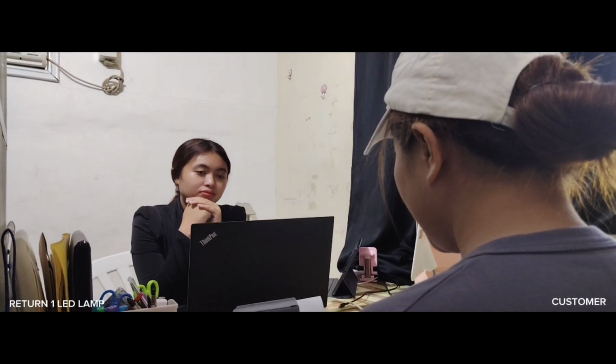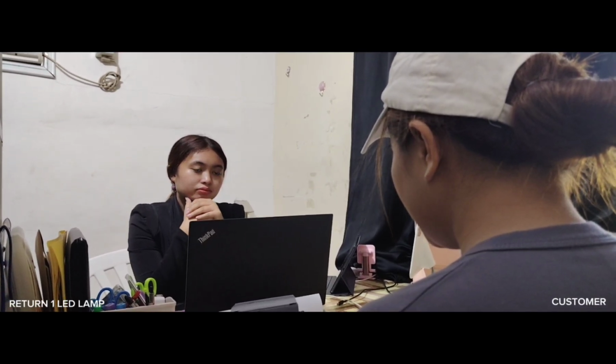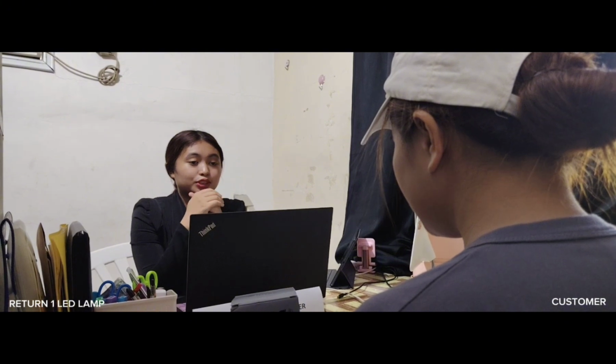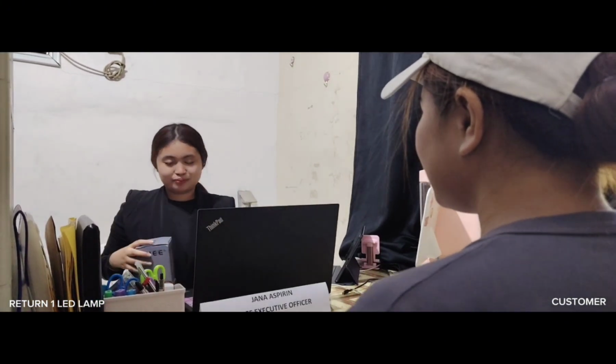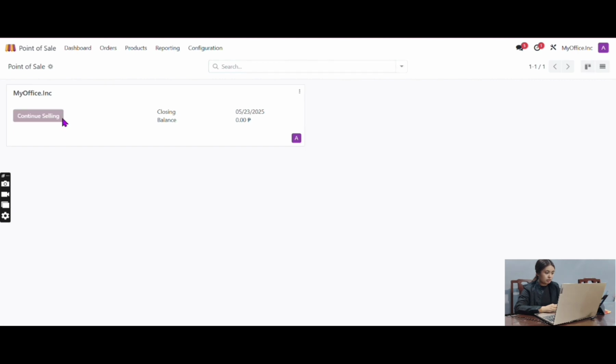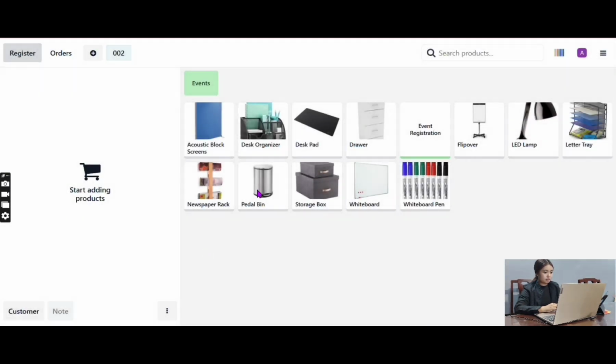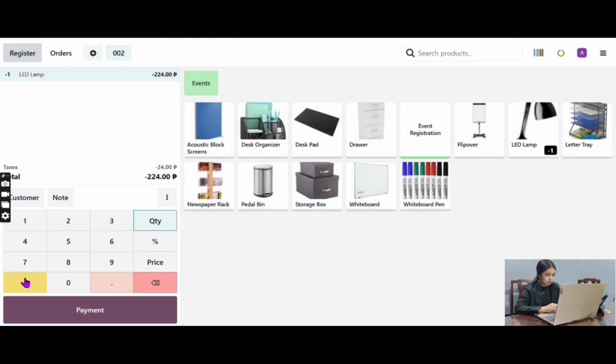Hi, I came yesterday and bought 3 LED lamps. I don't need this one. Can I return it? Sure, no problem. Continue selling again. Click payment